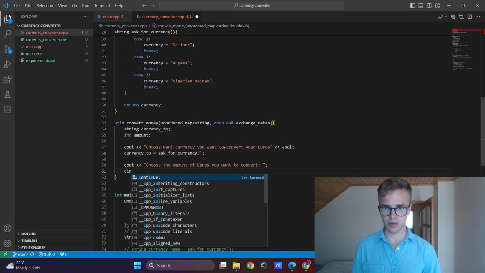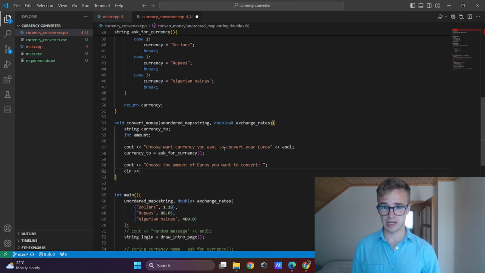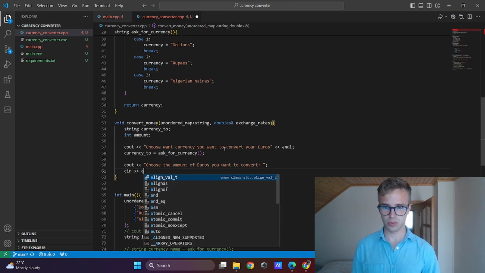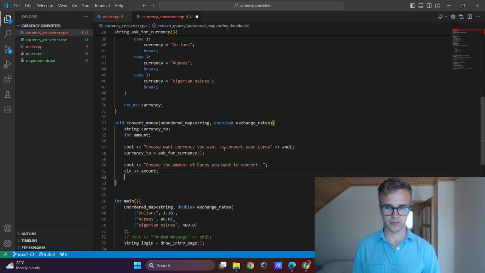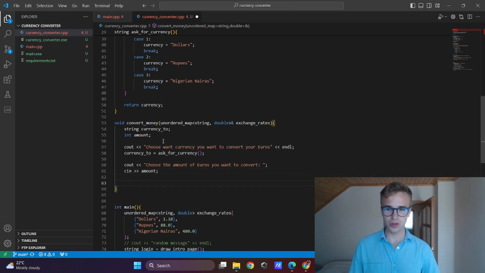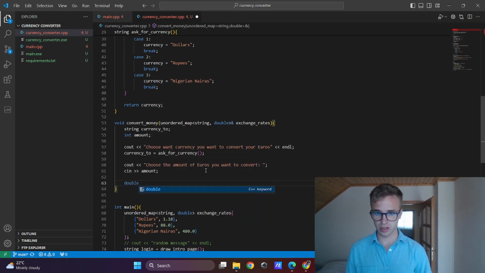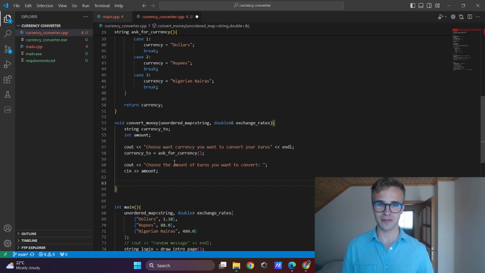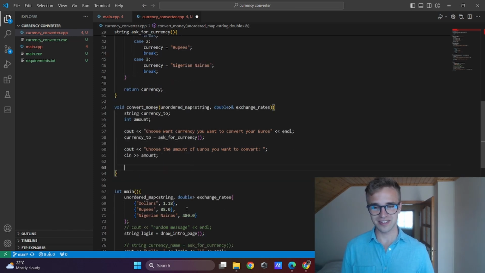And with the cin, I will take the input to the amount variable. We got the currency to convert to and the amount. There are a few more things. To complete our function, we need to convert this amount with this exchange rate to the desired currency.